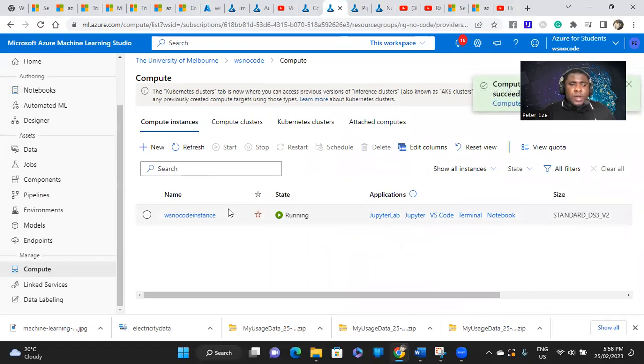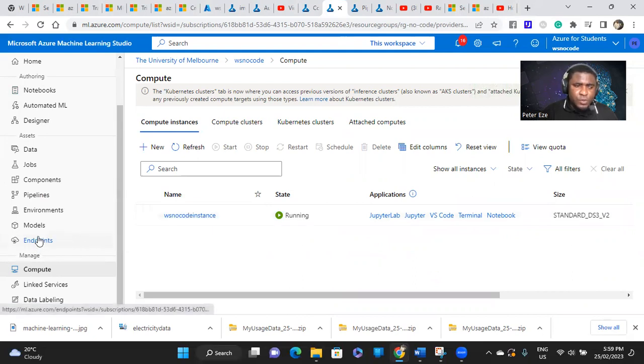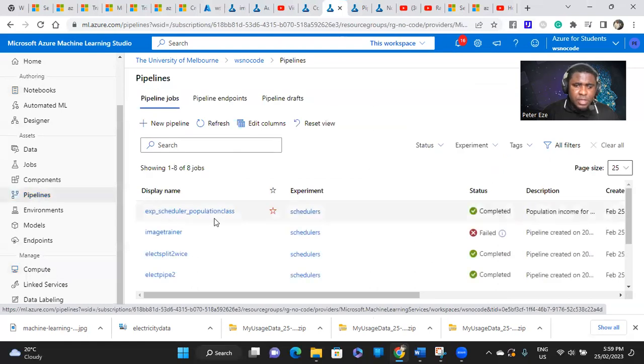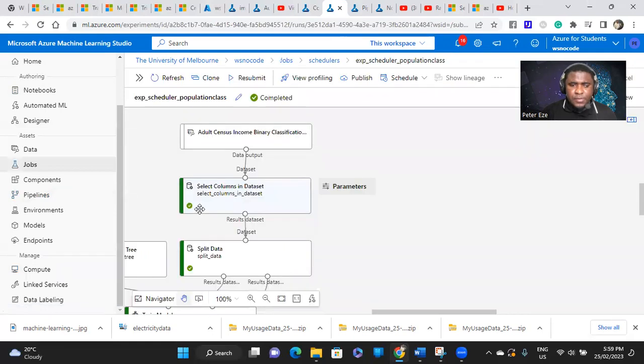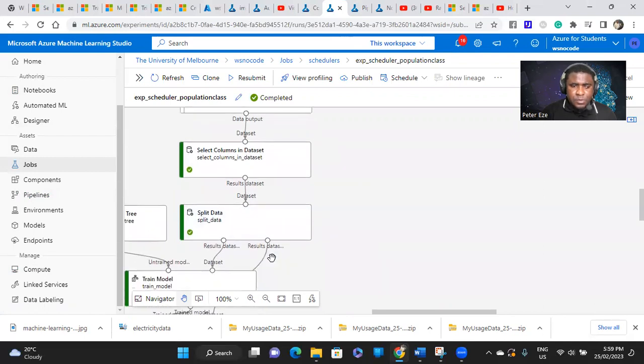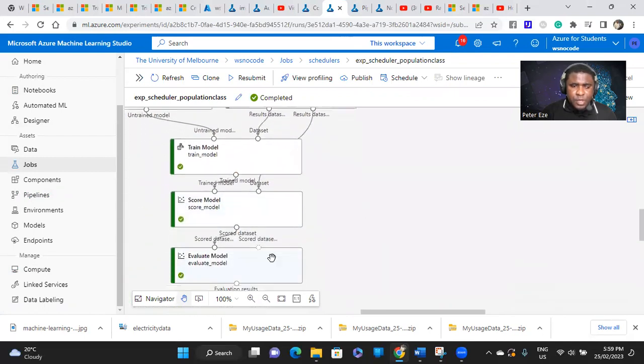So you can see that our instance is now running. So as our instance is running, I have to go back to my pipelines. You double click. So the example we'll be using today will be based on this experiment scheduler of population class. So if I click on it, and come down here,